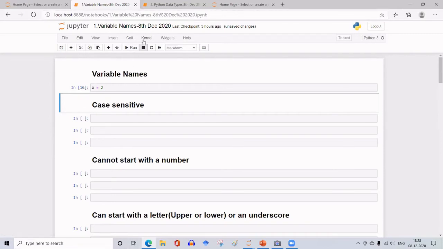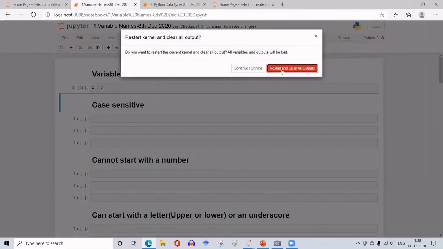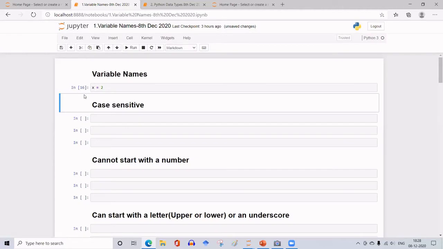If you want to start from 1, I'll restart the kernel, restart and clear all the outputs. So this becomes blank. If I run it, I'll get 1 in that. Sorry, it was not in this cell. So when I run this cell, it is executed.